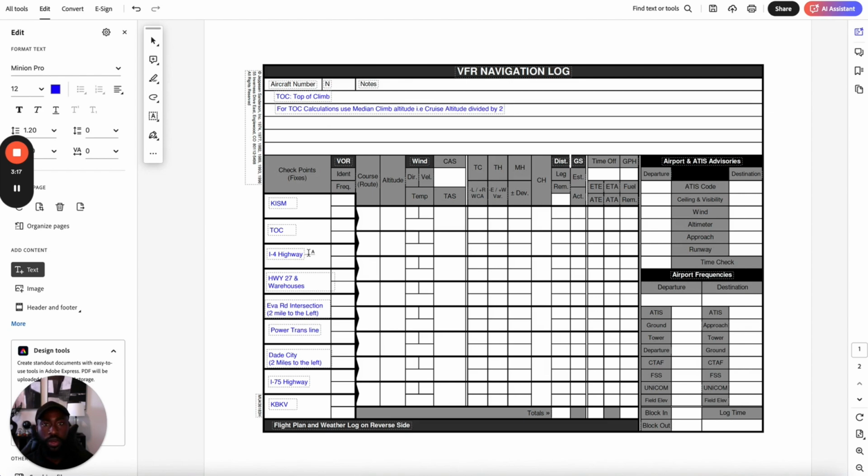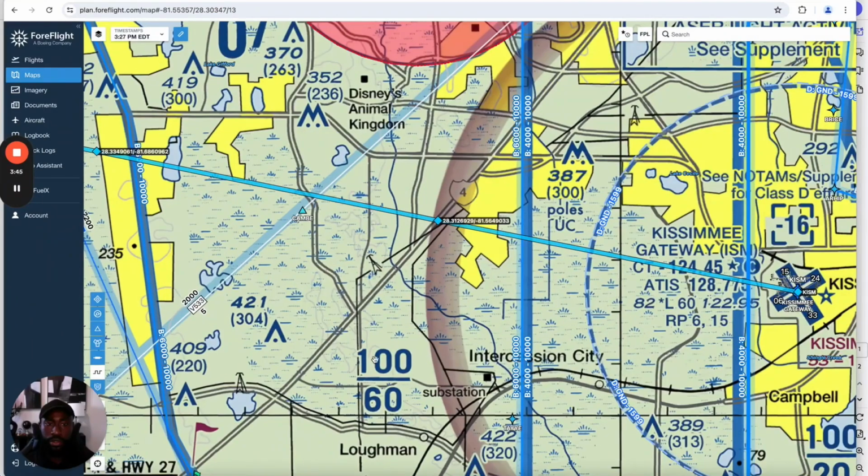Once we take off, we're not immediately going to get our altitude. We're going to be gradually climbing before we get to our cruise altitude. So top of climb is there for us to calculate these numbers for that point of the flight where we're gradually climbing up. My first checkpoint I'm going to put here after my top of climb, which is the I-4 highway, like you've seen. And then the second checkpoint I'm going to use is going to be out here,